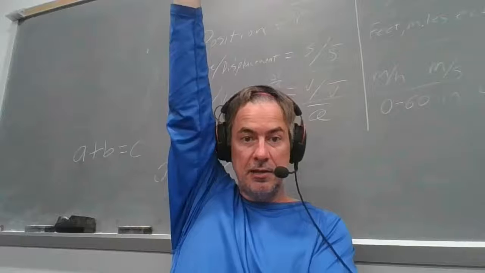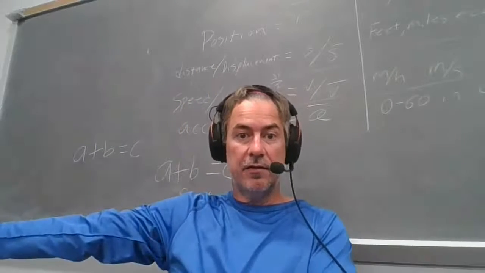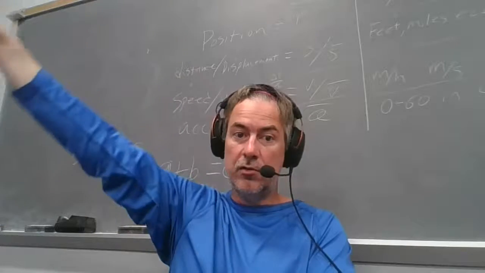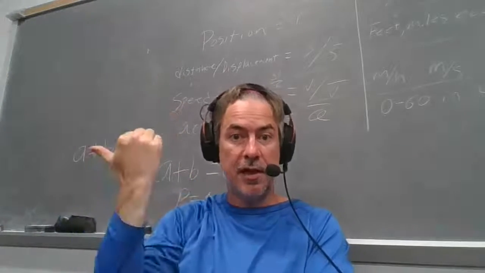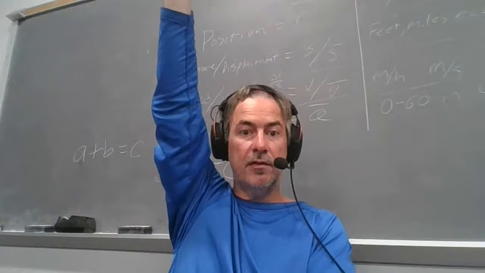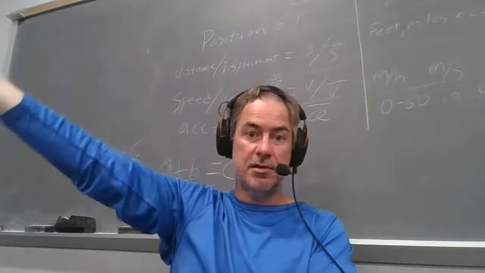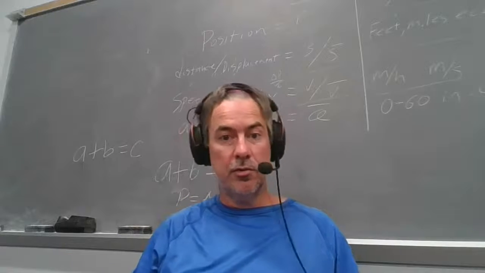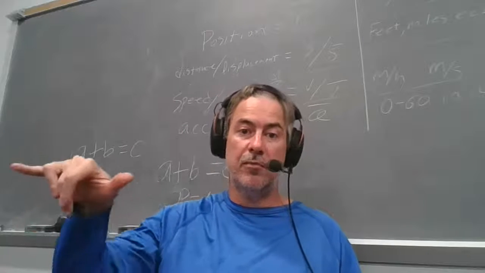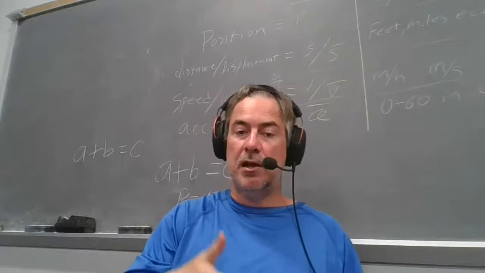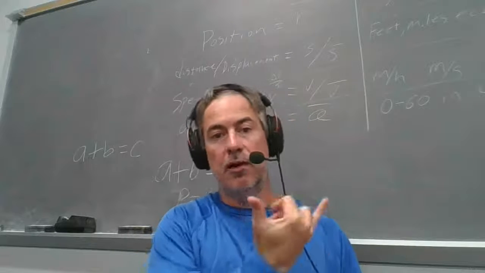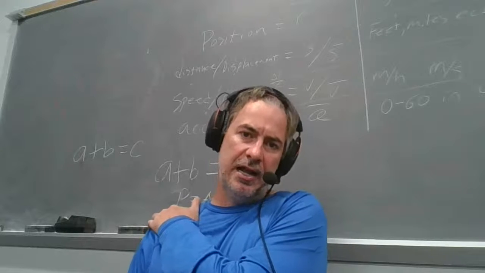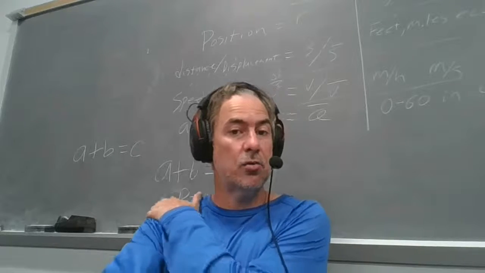The pathway to positive y and negative x lies through quadrant two. Anything in quadrant two is some of this and some of that: all positive y, some of all negative x. Same thing for quadrant three. Quadrant three is the pathway from negative x to negative y, and quadrant four is the pathway from negative y back to positive x. So I'm not going to ask you to solve for x or y, but you got